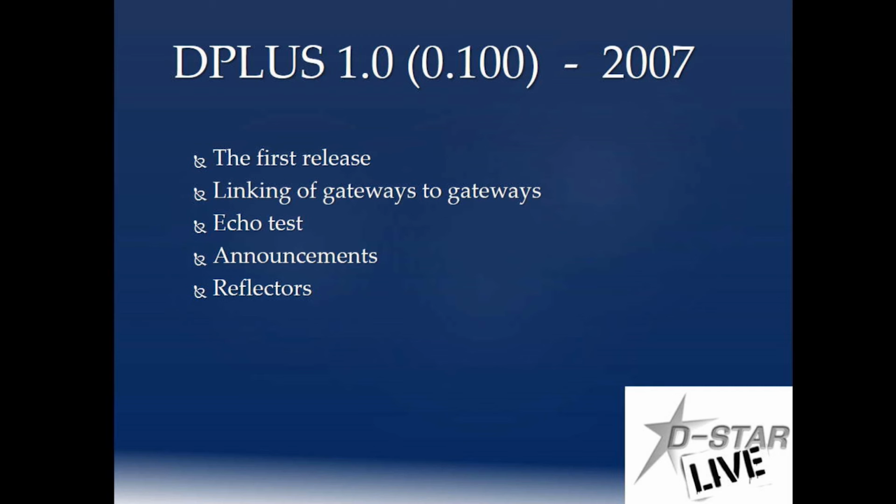It added other features that I was used to as an FM repeater manager, like echo test. The users want to know, how well am I getting into the repeater? Well, there was no way to do that. You had to call somebody, your packets had to go across the internet to the other repeater. Somebody on the other repeater had to come back and give you a signal report. So there really wasn't a good way to tell, am I getting to the repeater? Is there a problem between the repeater over the internet to the other repeater, or from the other repeater out via RF to the end user?